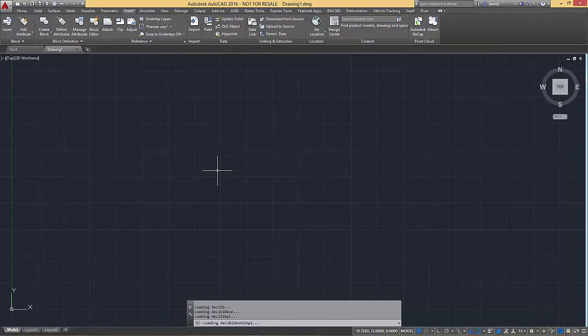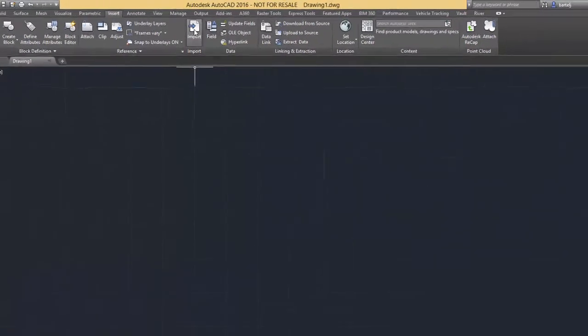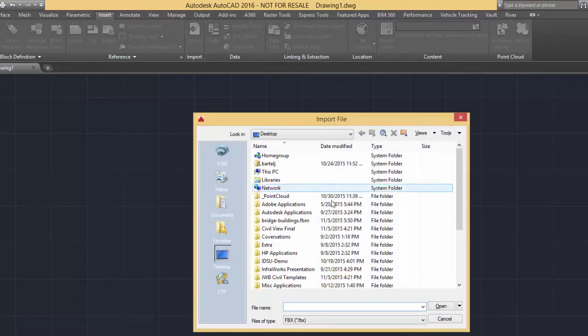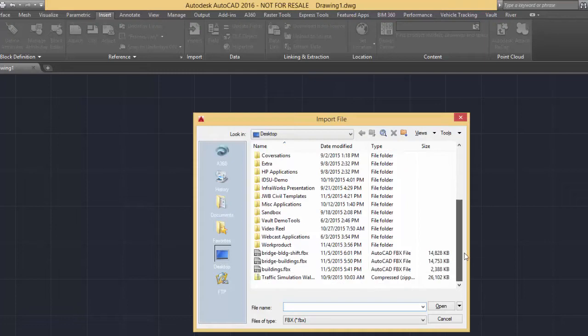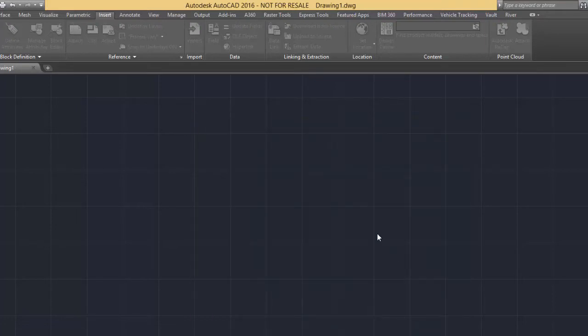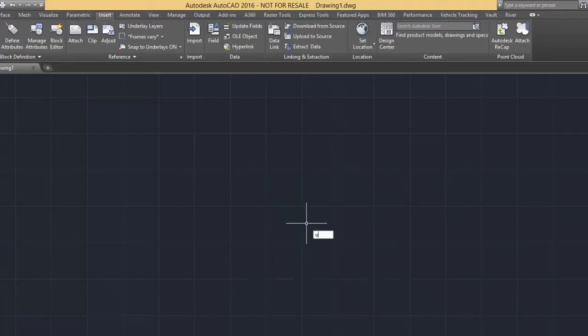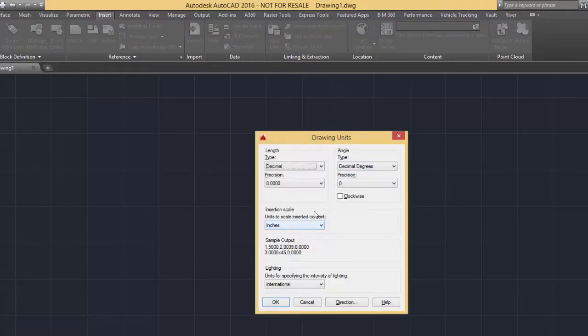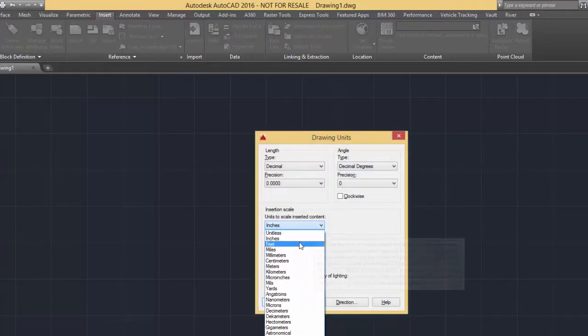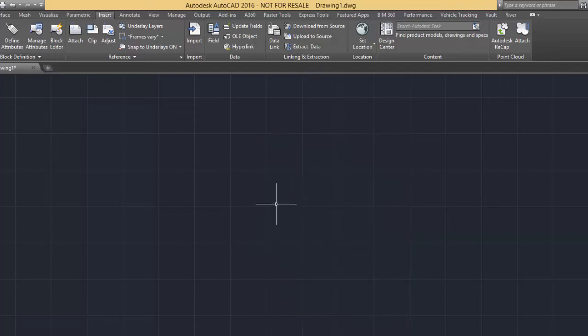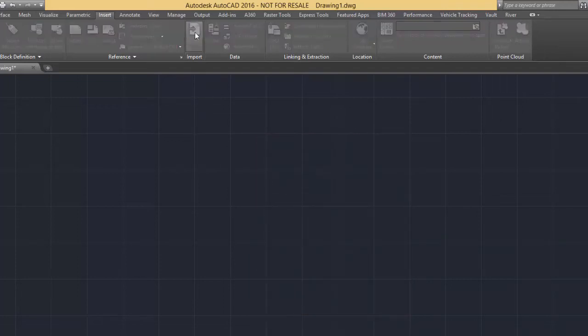So I'm going to come down and we're going to say from within AutoCAD, import from my desktop. I'm going to come down and we'll grab the bridge building shift. Let's see, my units are currently set to inches. Let's cancel out of that. I want my units set to feet. So we'll set those to feet. And then we'll do that again. Import